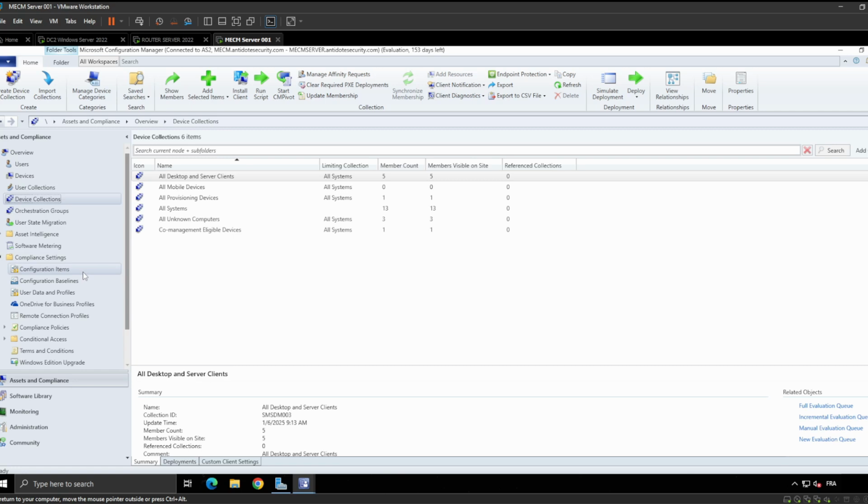Remember, compliance in Microsoft 365 is just the checklist. Do you have your antivirus on? Is your encrypted disk on? Etc. All the things that we just said are the checklist, the company's policy, are those policies applied. For the actual configuration, as you know, in Microsoft 365